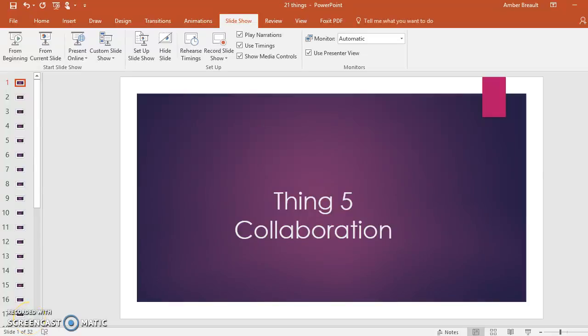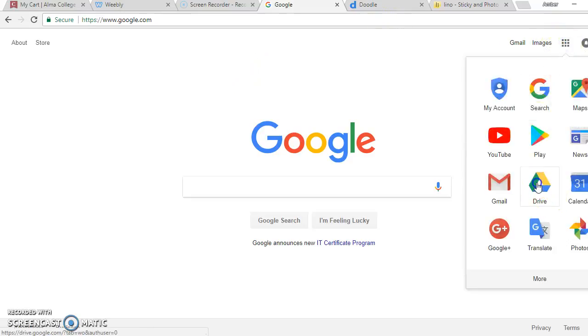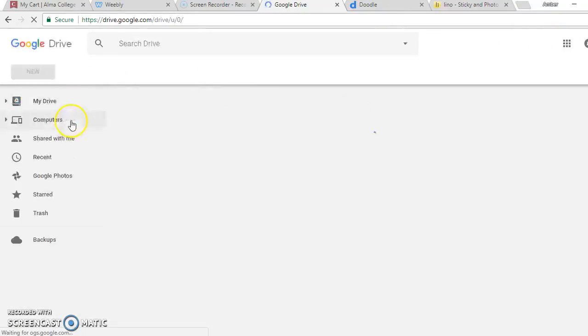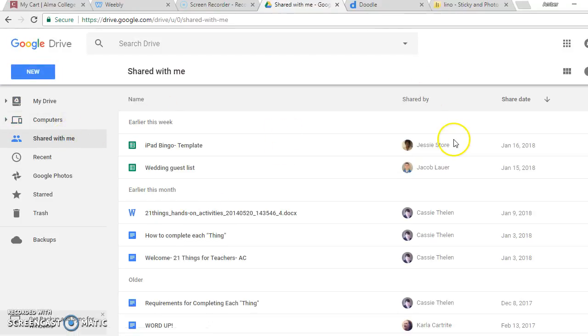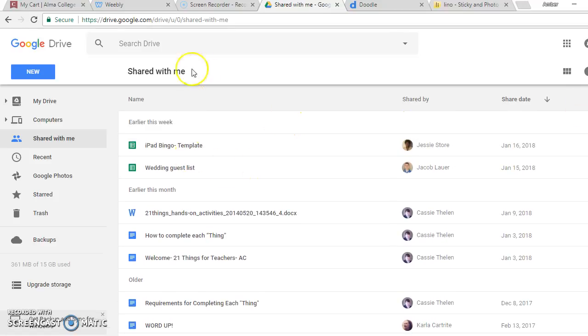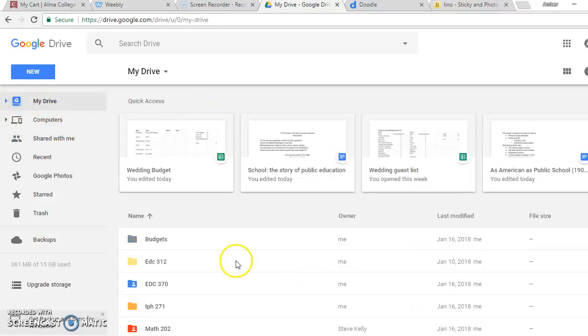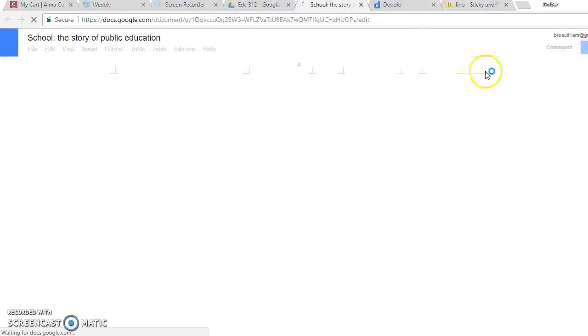Thing 5 is collaboration. So we're going to go over to Google again, just like we did in Thing 4, down to Drive. We're going to go to Shared with Me this time. So as you can see, there are different things that you can share, or have been shared actually, to me. And if we go to My Drive here and let's just click on this that I've been working on,